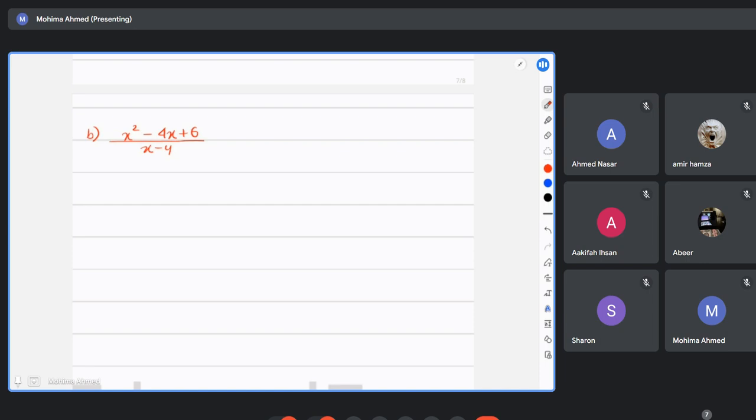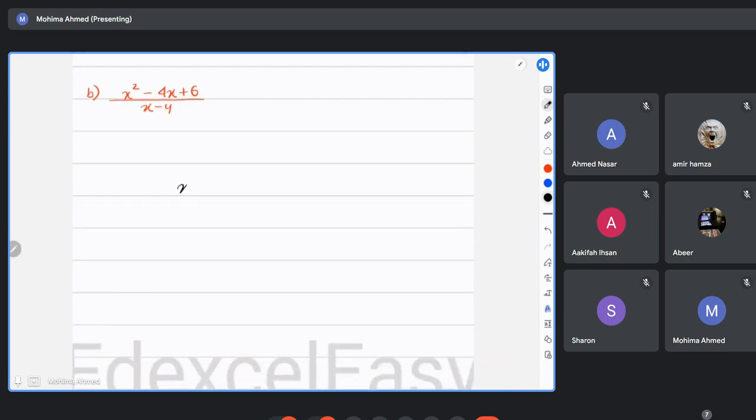So what I would have to do in long division, this is the process: x squared minus 4x plus 6 and then x minus 4. In long division, we always divide the first term of the divisor with the first term of the dividend. So we divide x squared over x. This is the rough work for long division, and obviously rough work is not needed as part of your answer, okay? But I always try to keep that so that it's just easier for you to revise. So x squared divided by x is going to be x.